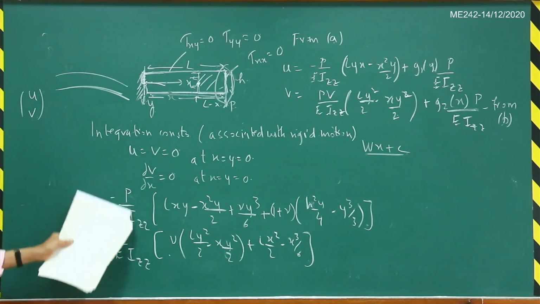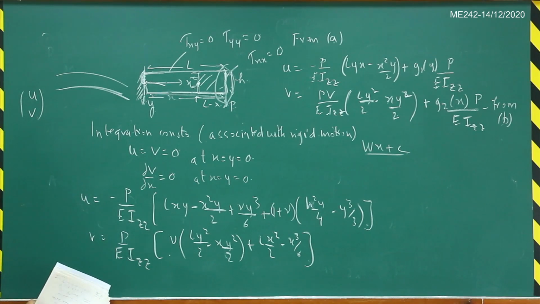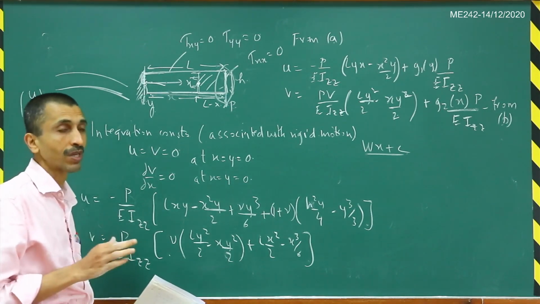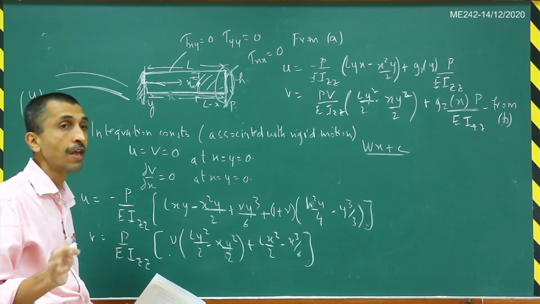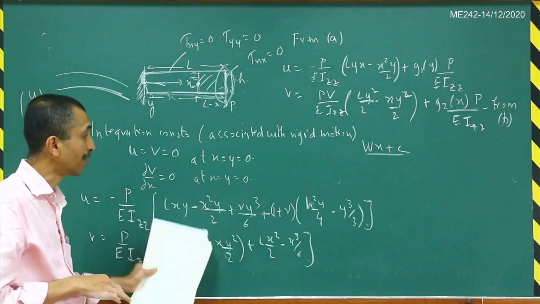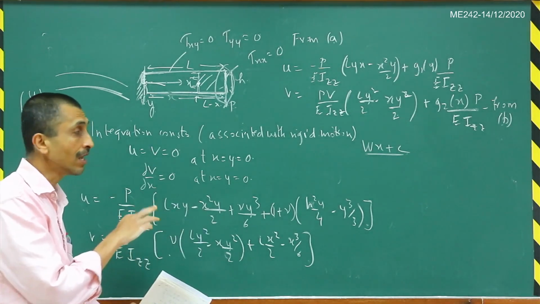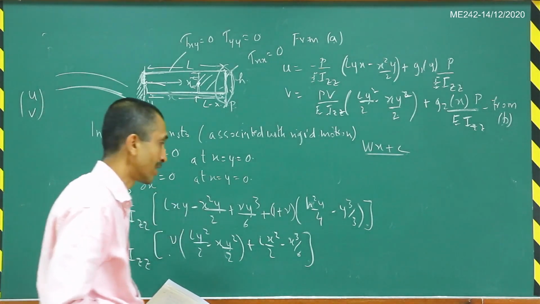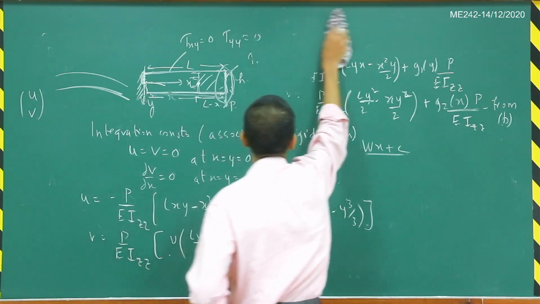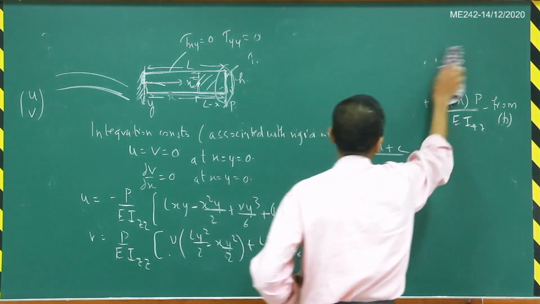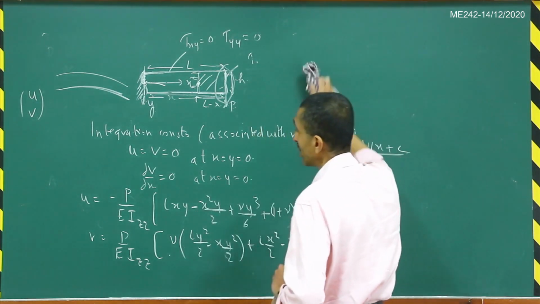But now you will see that using the more exact theory of elasticity approach, the displacement field is a function of both x and y. So that is what I said in the beginning, that some aspects of the solution, like the stress field, match with your strength of material solution, but some other aspects, such as the displacement field, are not going to match perfectly. But we will see in what aspect they match now. And it's really very, very interesting to see that your strength of material solution is still very close